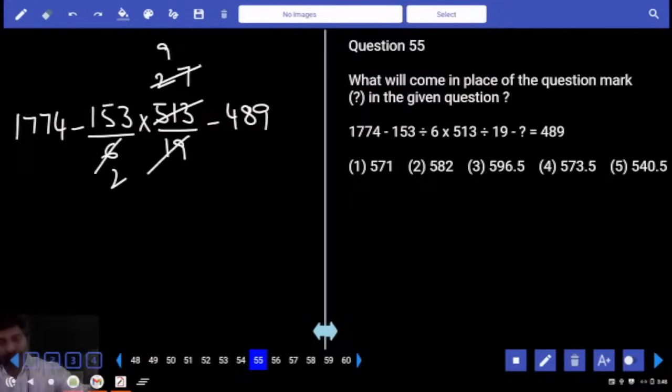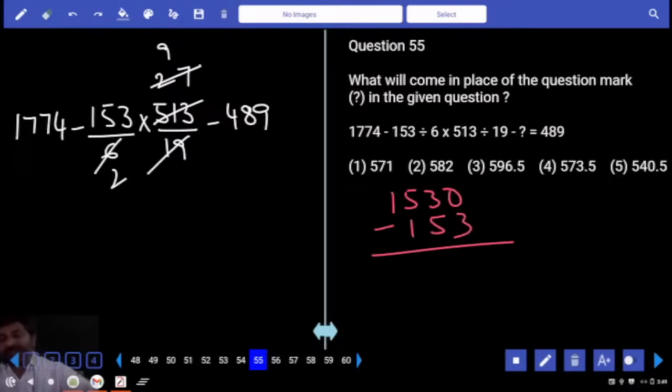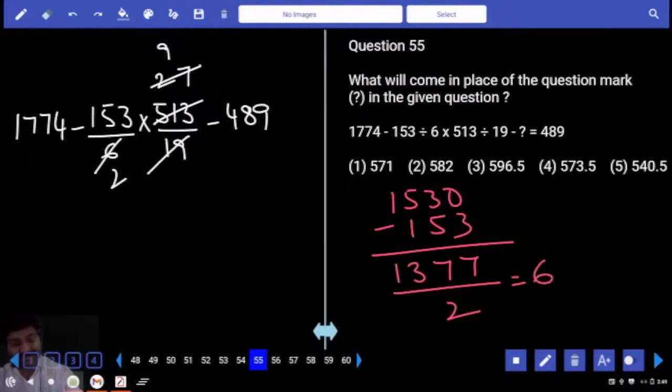Correct? 153 9 times. 10 times minus 1 time. 1530 minus 153. Subtract 200. Add 47 later. Subtract 200. Add 47. Divided by 2 is also there, which is equal to 6, 8,